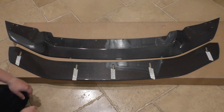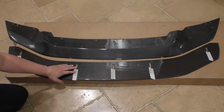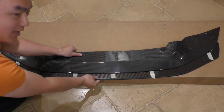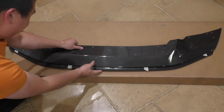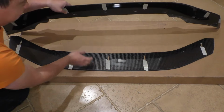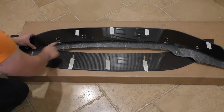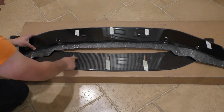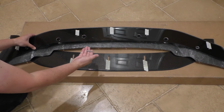All right, let's get to the unique part of the Diverged Concepts splitter, and that is this lower splitter piece, right? So this is going to attach to the upper part like so, and be able to adjust outwards and inwards to change the amount of front downforce you're creating. And the way it does that, if we go ahead and flip this upper splitter piece over, is there are these various screw holes here, and obviously you can see the corresponding slots in the lower splitter piece, and then Diverged Concepts gives you these bolts